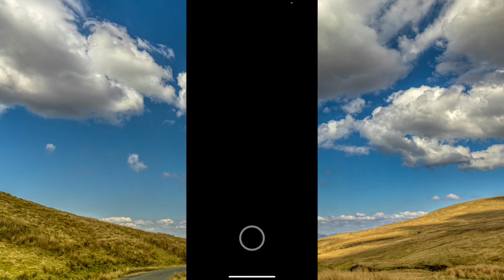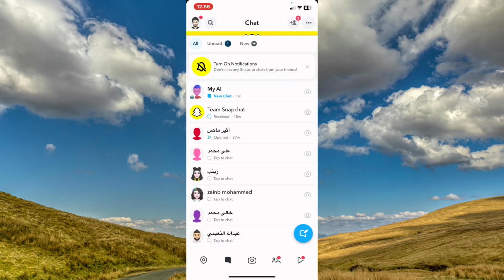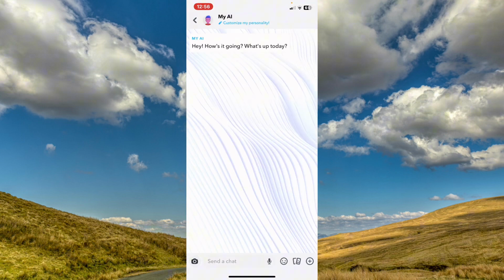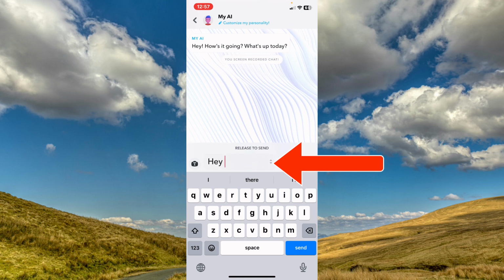First of all, navigate to Snapchat and go to your chats, and from here tap on any chat. For example, I will tap here, and after that, if I want to send a big message, I will write the text, and if I want to make the text bigger, I will scroll this from here up,